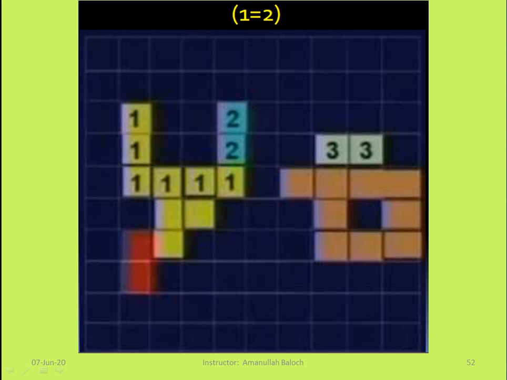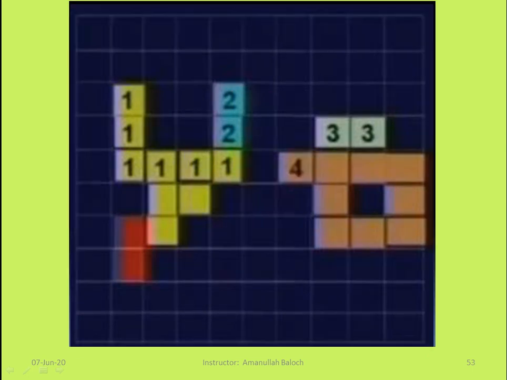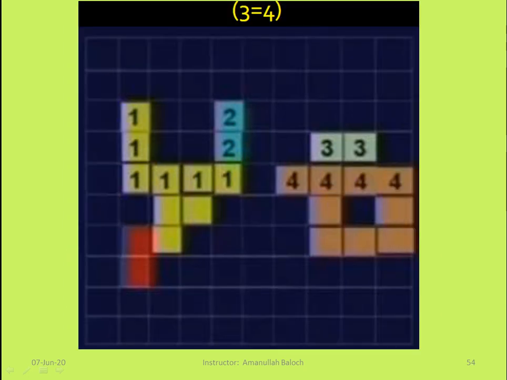There is a pixel having gray value 0, so the path does not exist. We have to consider this pixel. This pixel is not 4-adjacent to this one, so it will have label 4, and this pixel is 4-adjacent to this previous pixel, so it will also have label 4, and onward all the pixels will have label 4. Then we will move and traverse the pixel values of this 6th row.